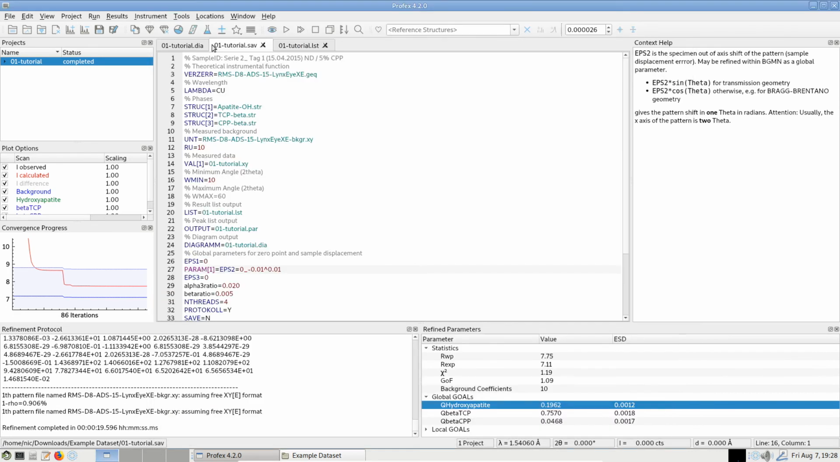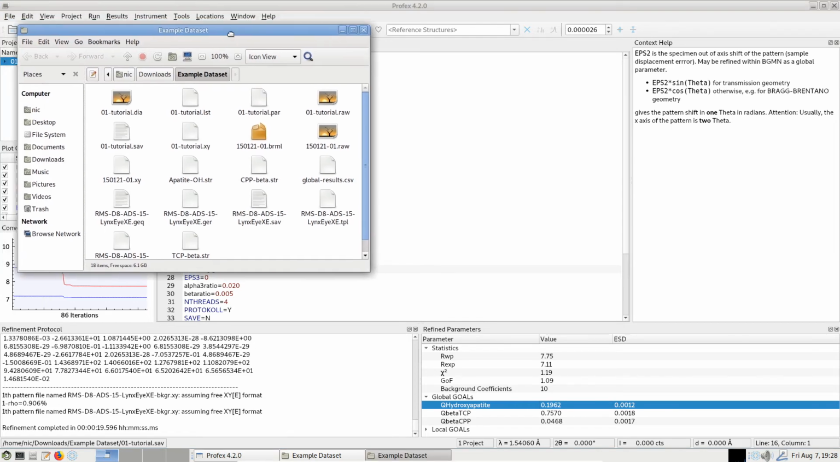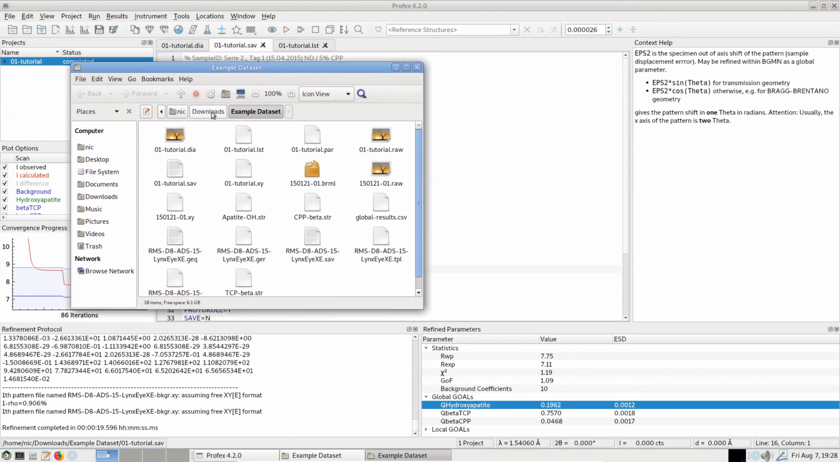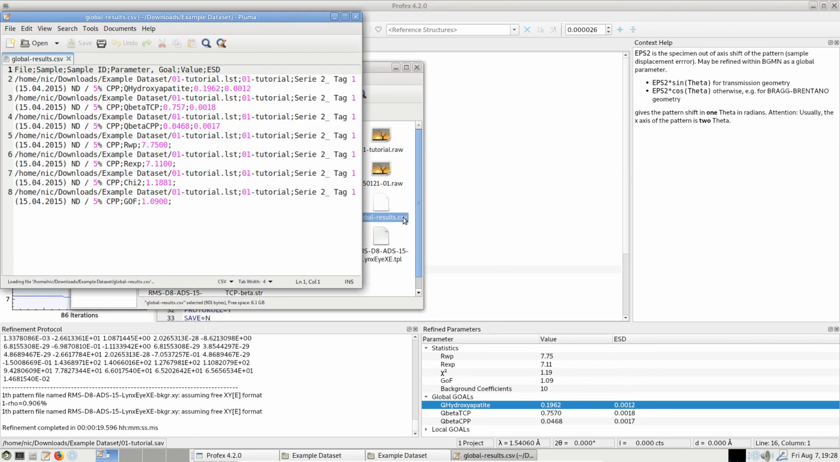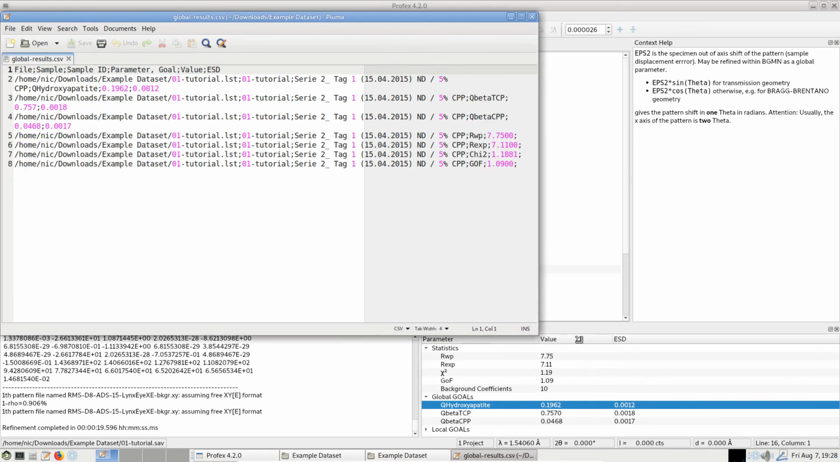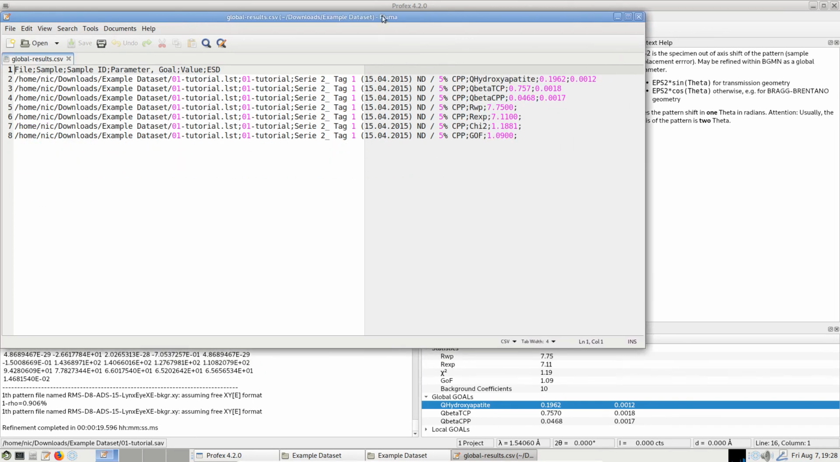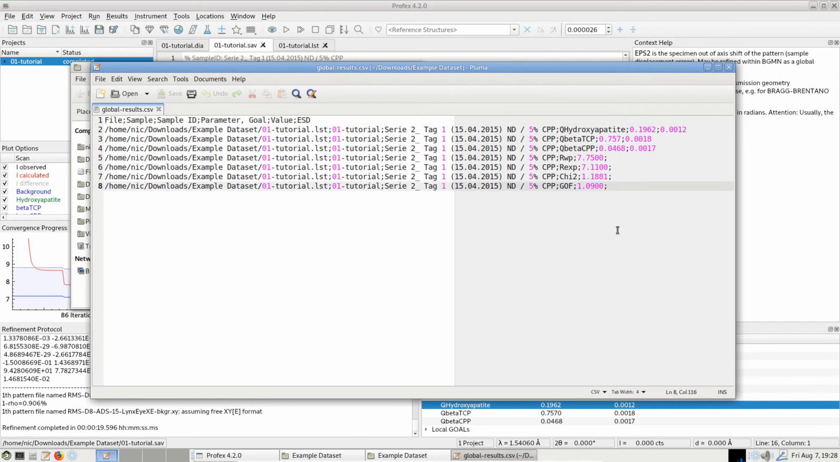CSV, comma separated values. And now we can open a file manager. In the locations menu, we can go to the location of the current project. So this is our refinement project, the one we downloaded and extracted. Here's the raw data file we downloaded from the website. And now we should have the file here, global results. We can open it in Excel, for example, or LibreOffice. I don't have any Office suite installed here, so I will just open it in a text editor, and we can see